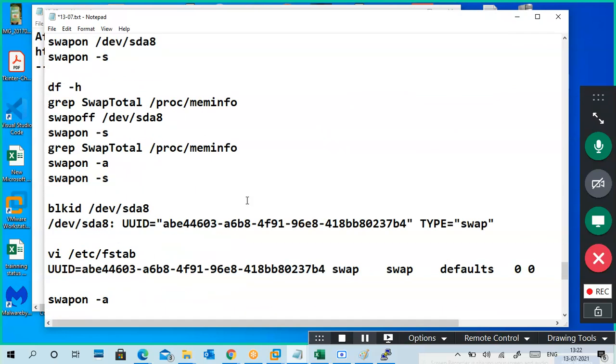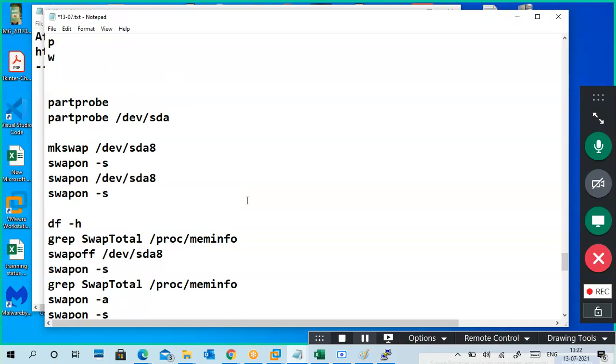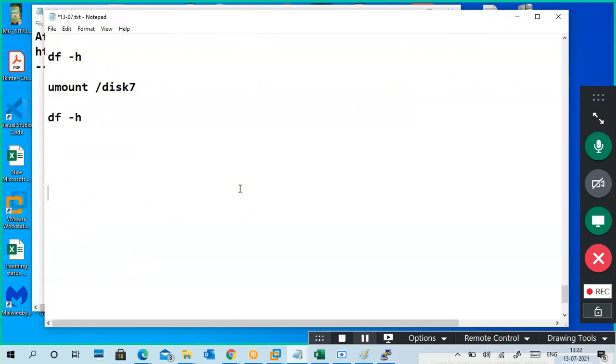Already I told how much time I took for creating swap memory practically, 5 to 10 minutes, right? Maximum. I took 5 to 10 minutes for the swap practical because you had only been told how to create a partition. Swap memory I did, that's 2 to 3 minutes of explanation.